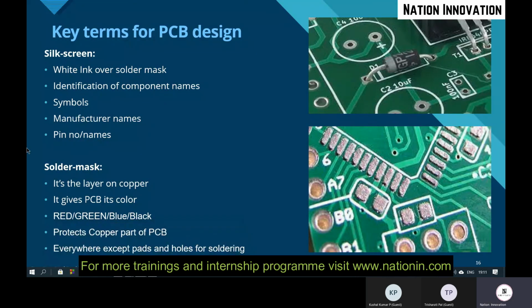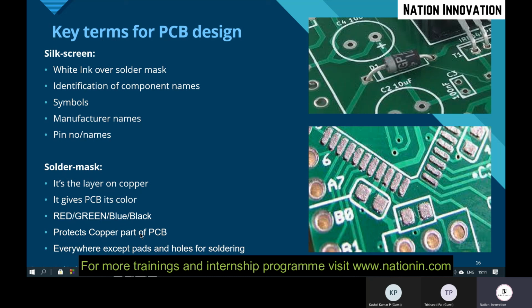And we have one more term called solder mask. It's a layer on the copper, and it gives the PCB its color. Whatever green color you are seeing here, this is the solder mask. According to the solder mask color, your PCB color will look different. So it can be red, green, blue, or black.